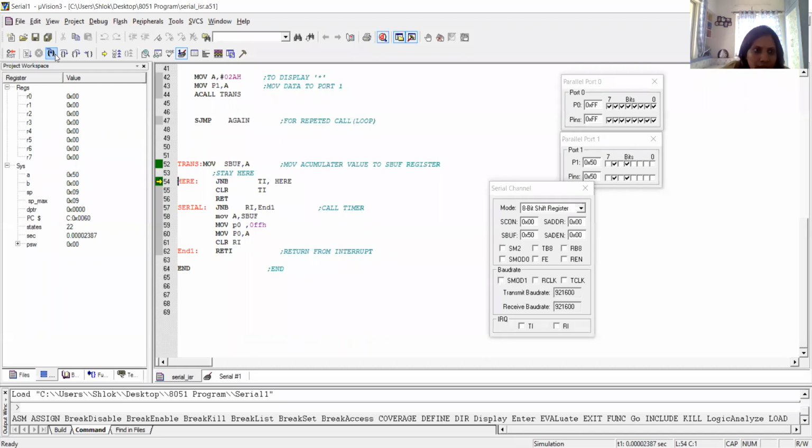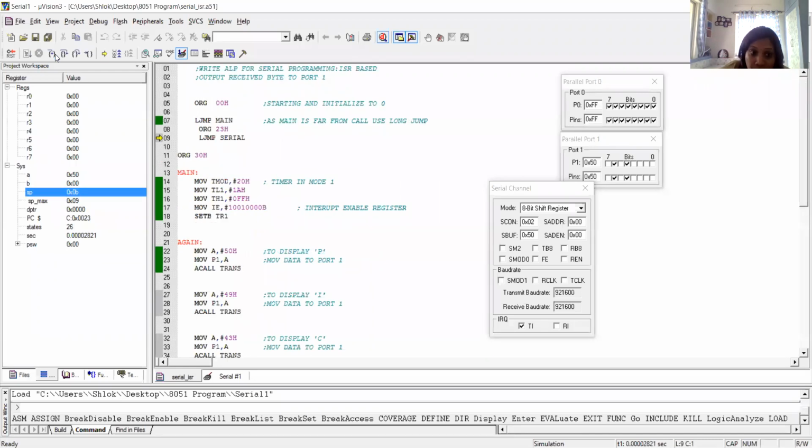Whenever this bit is set to 1, the previous value of the program counter, 0060, is automatically changed to 0023. That means it takes that memory location for executing the code. At the 23 memory location, your ISR routine is present for the serial port.